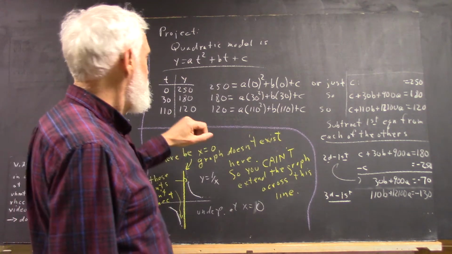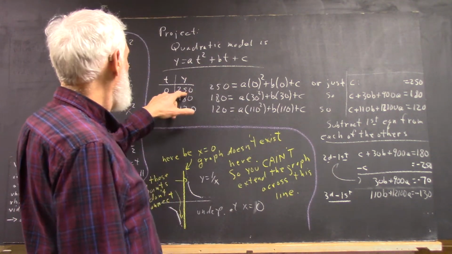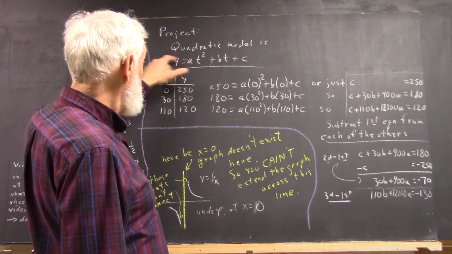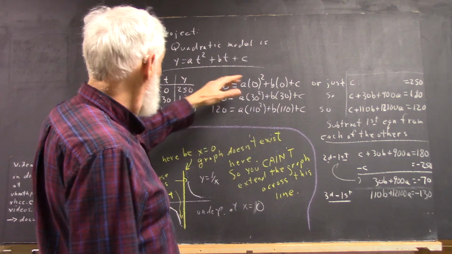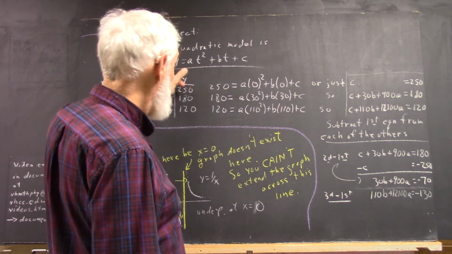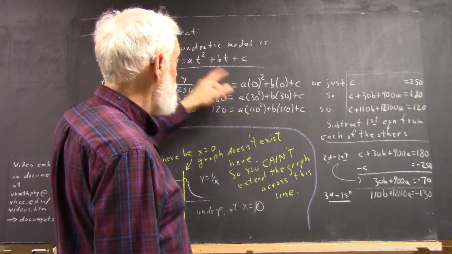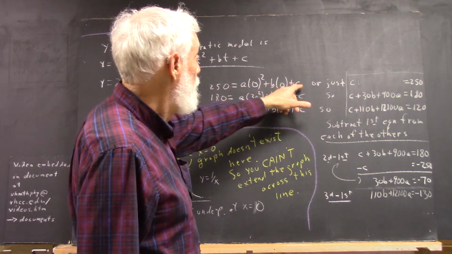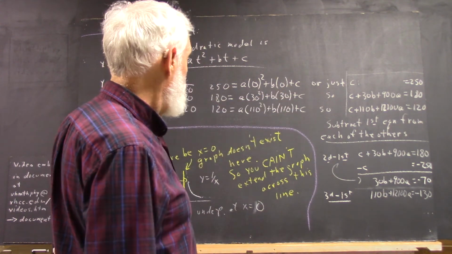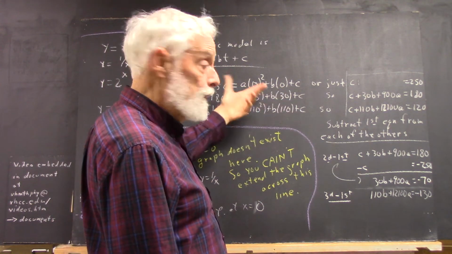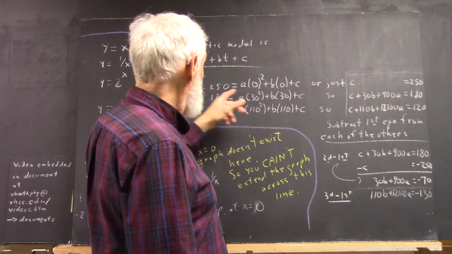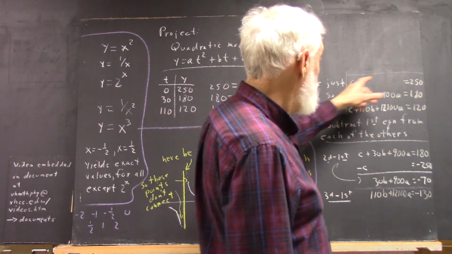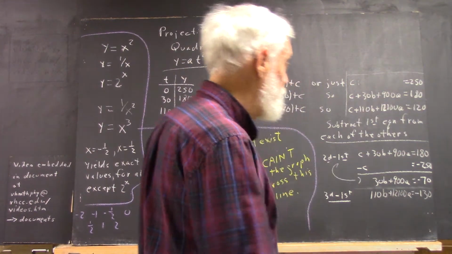then first of all, if y is 250 when t is 0, then we're going to have 250 for y, and 0 for both of our t's. We get 250 equals a times 0 squared, b times 0, and then plus c. Since a times 0 squared is 0 and b times 0 is 0, this is just 250 equals c. Now I write that over here as c equals 250,